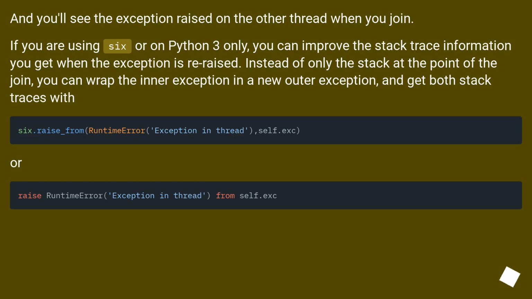If you are using six or on Python 3 only, you can improve the stack trace information you get when the exception is re-raised. Instead of only the stack at the point of the join, you can wrap the inner exception in a new outer exception, and get both stack traces with